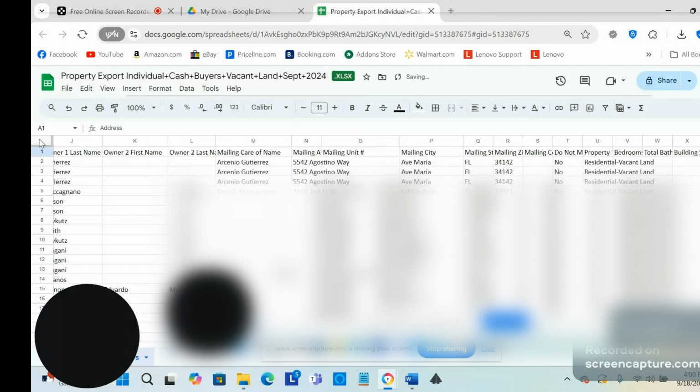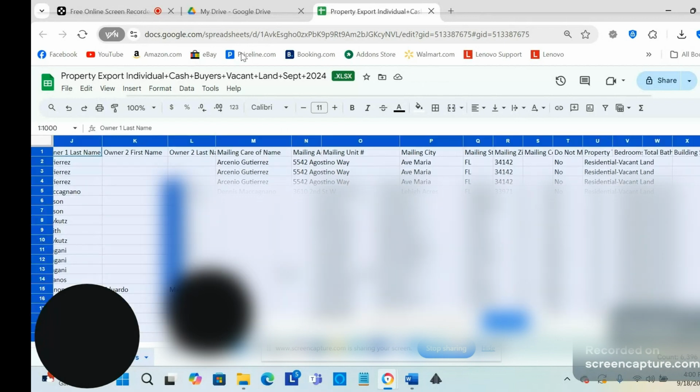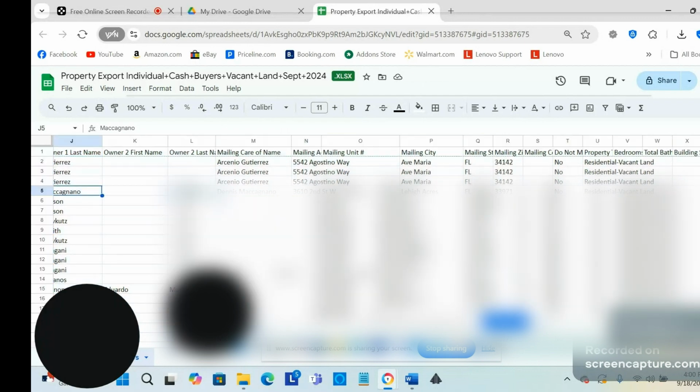But what you want to do is highlight everything that you have here. And before you do that, what you want to do is make sure that you have